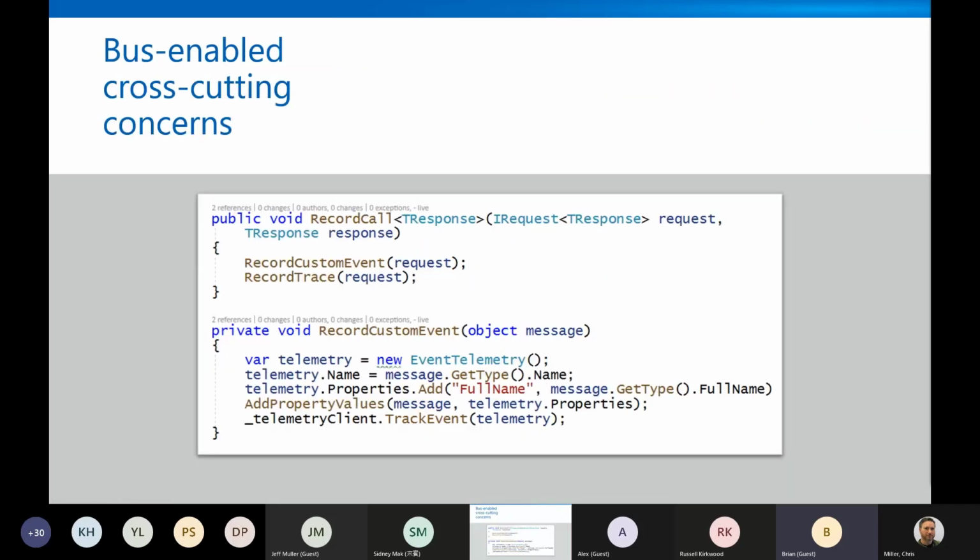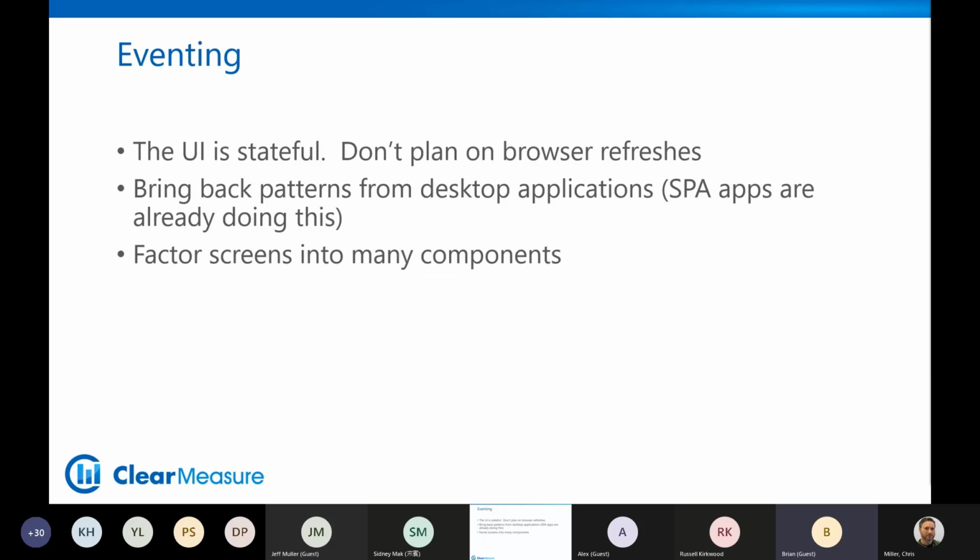So I'm just going to, I talked about this. All right, UI eventing. The UI in a Blazor application is stateful. Don't plan on browser refreshes. If any of you have done other types of SPA applications, React, Angular, or have done desktop applications, like significant ones with WPF or WinForms, you're going to want to bring back some of those patterns for stateful UIs.